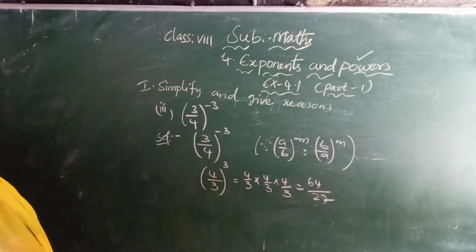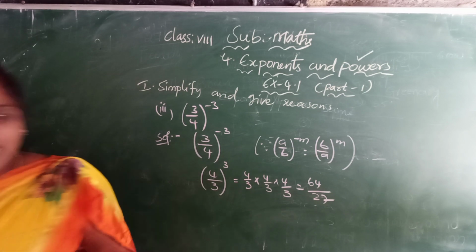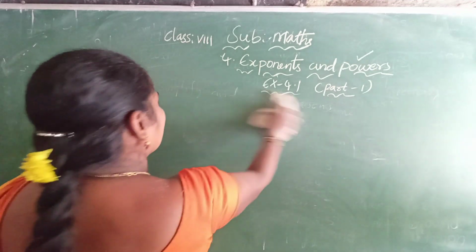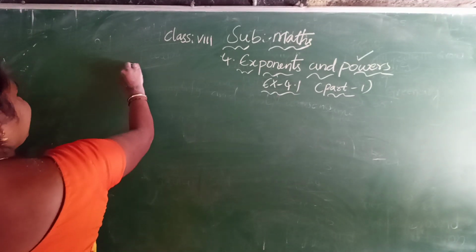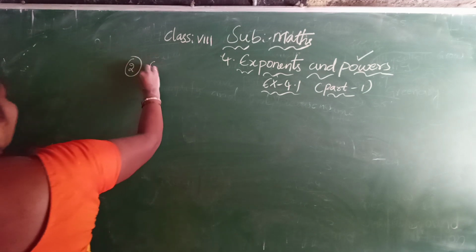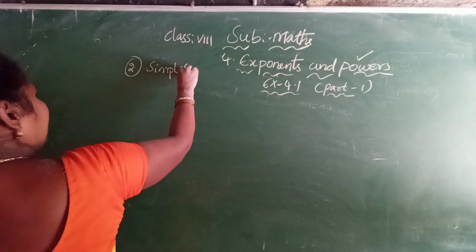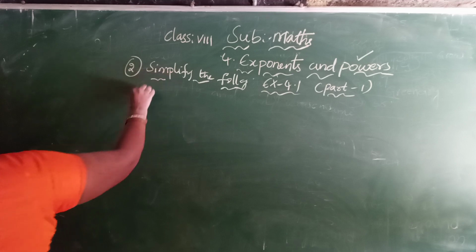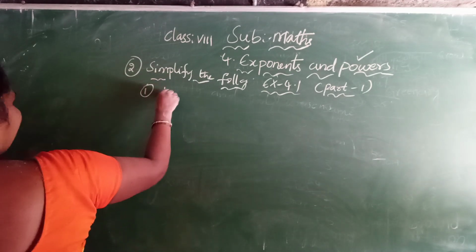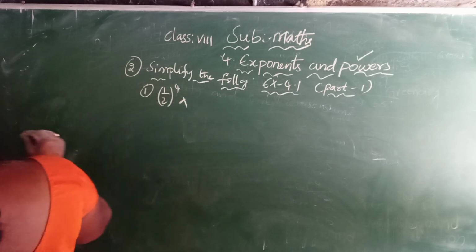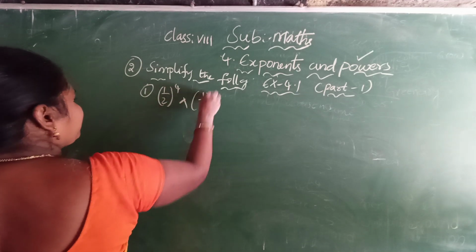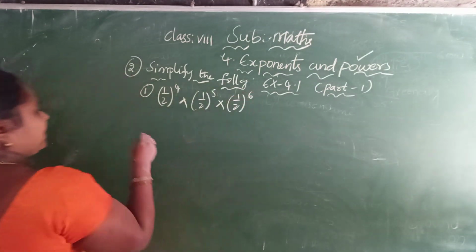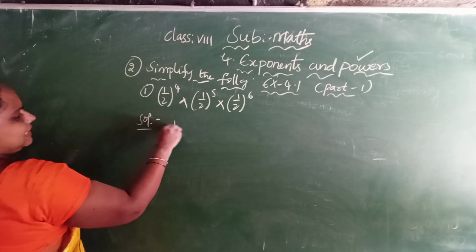Next, we'll see the second bit. What is given in the second bit? Simplify the following. How to simplify the first problem here? (1/2) into (1/2) whole power 4 into (1/2) whole power 5 into (1/2) whole power 6. If we observe how the bases are given here,